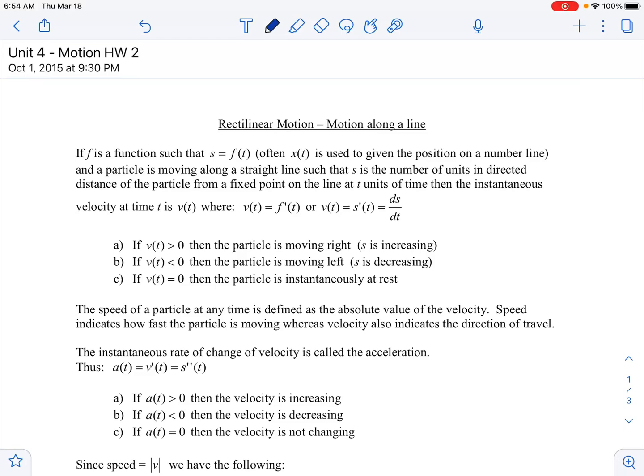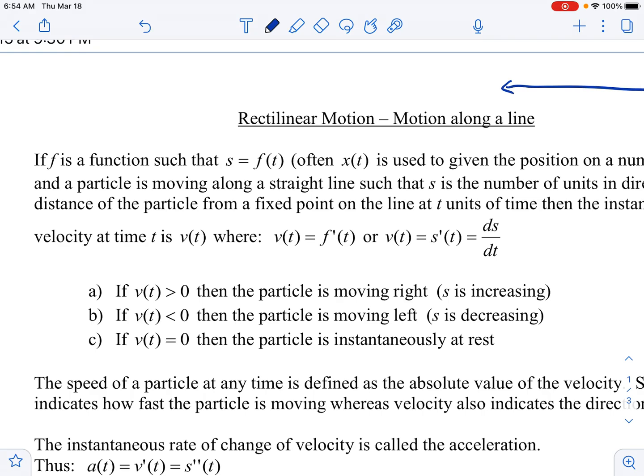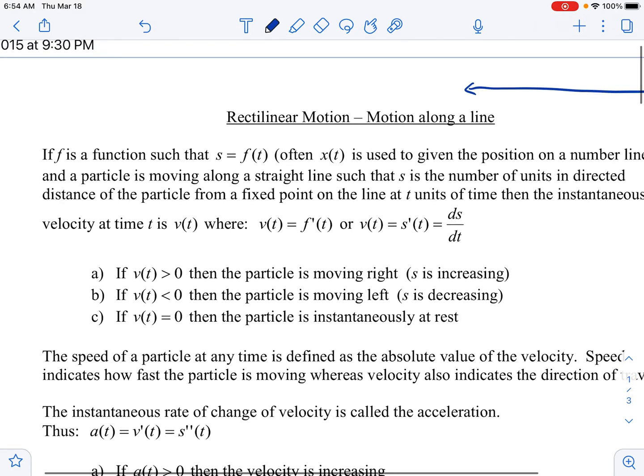All right, in this lesson we'll talk some more about motion along a line, also known as rectilinear motion, linear motion, motion along a line, okay? And again, when we talk about motion along a line, we're typically talking about a line that'll be oriented horizontally or perhaps vertically, okay? So reading through, if f is a function such that s equals f of t,